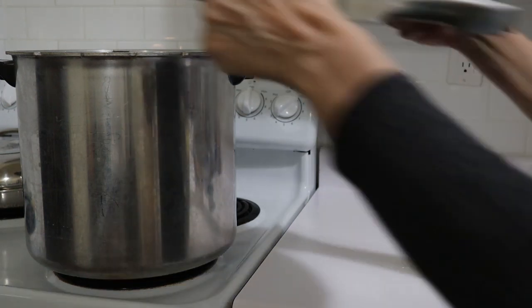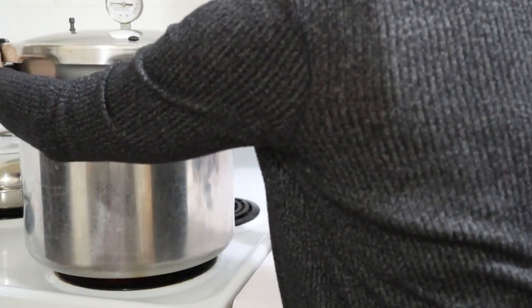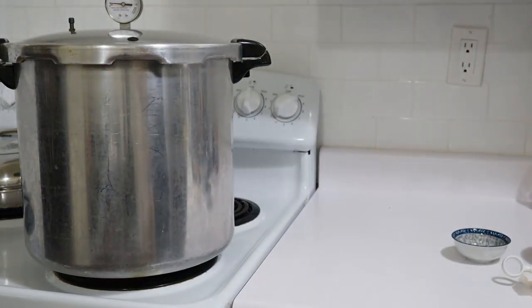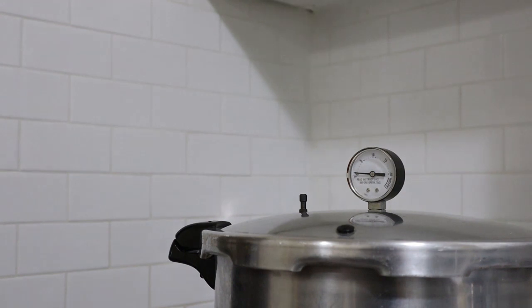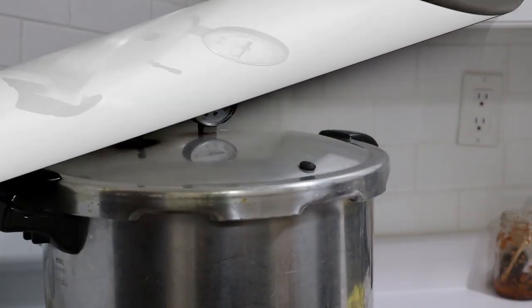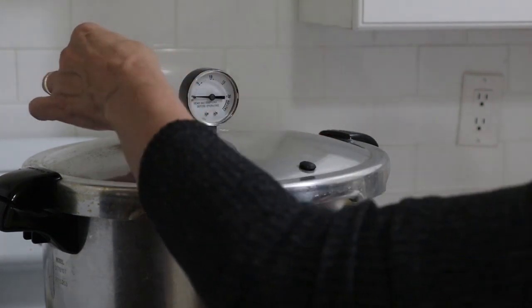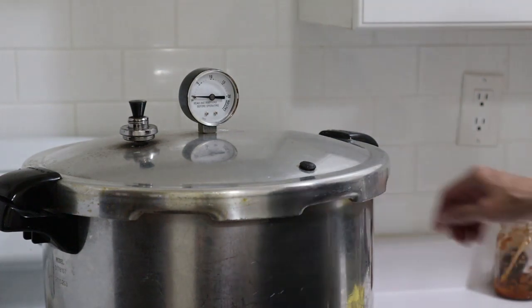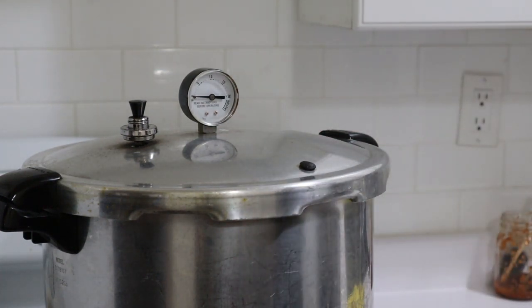Put on our lid. And wait for it to vent. Okay, venting away. I've set the timer for 10 minutes. Okay, the canner is fully vented. And now we'll put on the weight, turn off the timer,